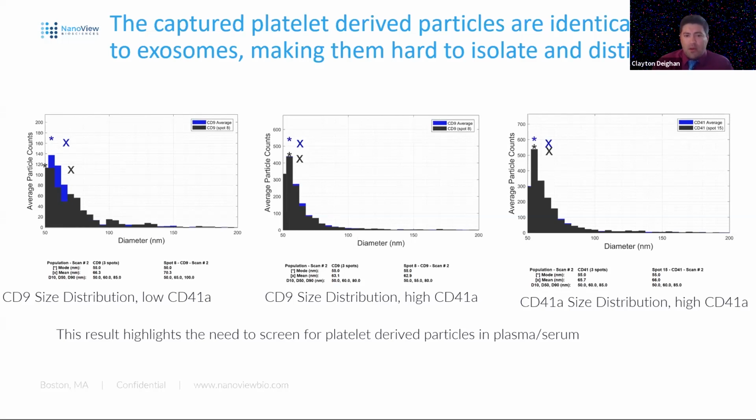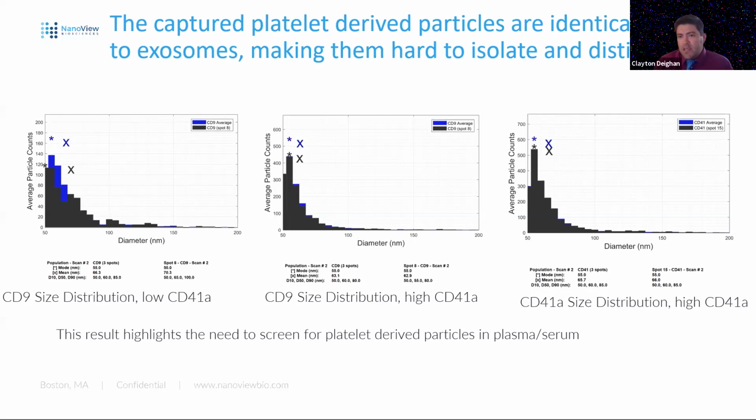So we've got thousands of particles down there. Are they bigger? There are big ones. There's hundreds to 200s, but the vast majority of these particles that bind these spots are sub 100 nanometer. And I think these results as a whole highlight the need to screen for platelet-derived particles in plasma and